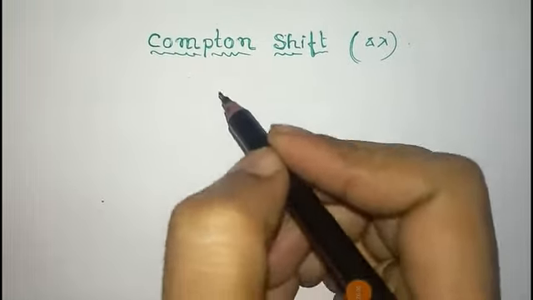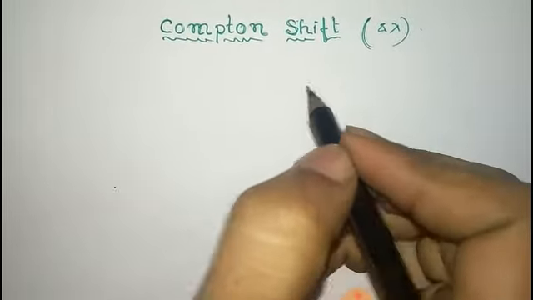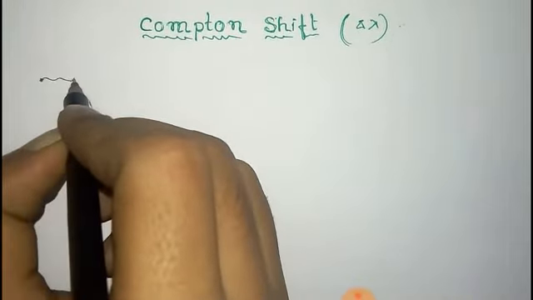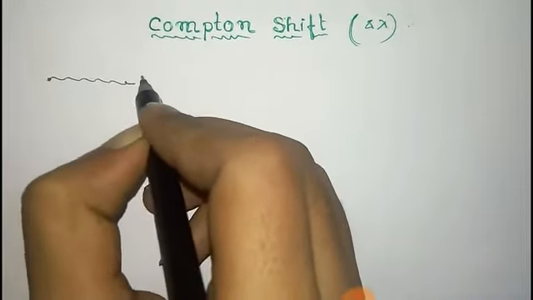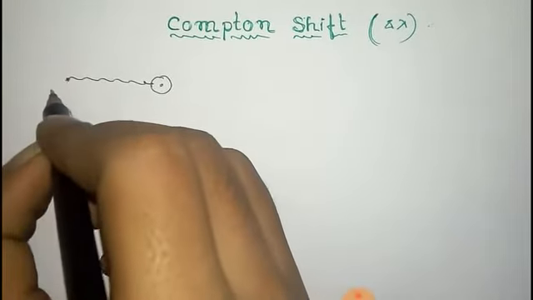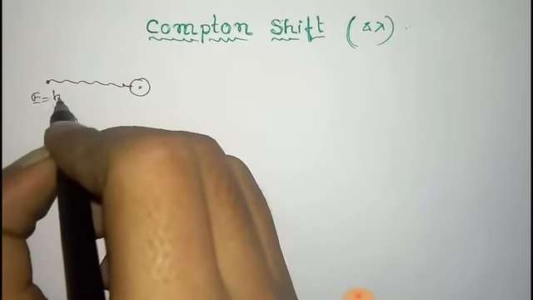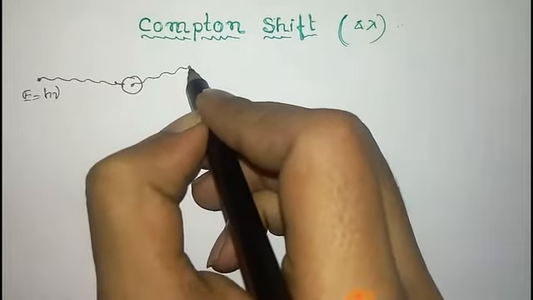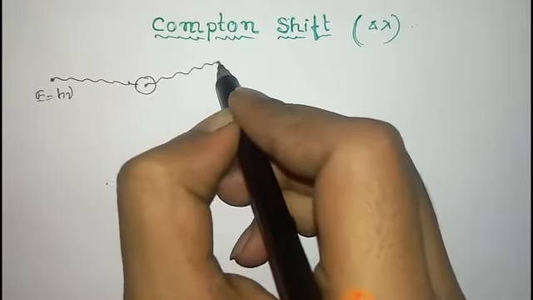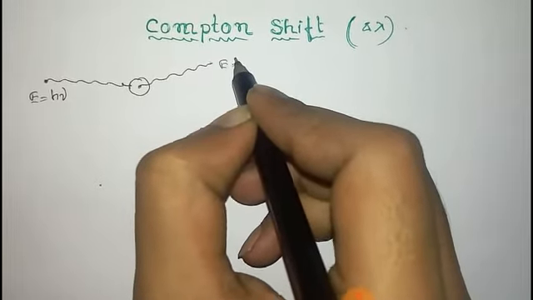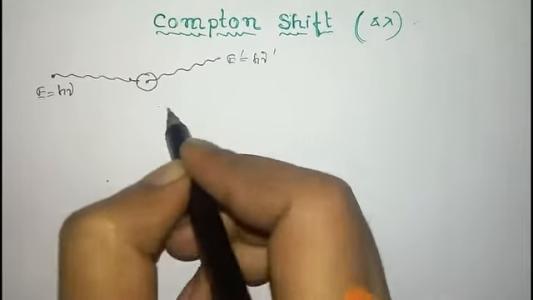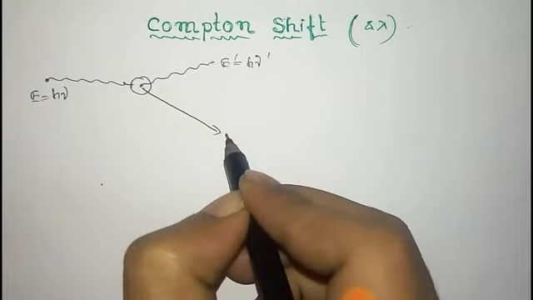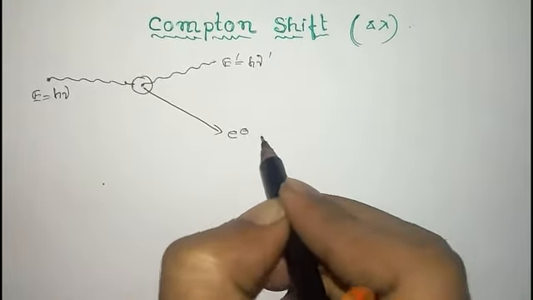We derive the expression of Compton shift. For this, let us consider a photon colliding with an atom like this, and the energy of the photon is E equal to h nu. After collision, a scattered photon with energy h nu prime came out with a scattered electron with the velocity v